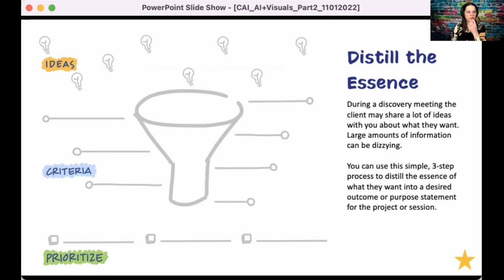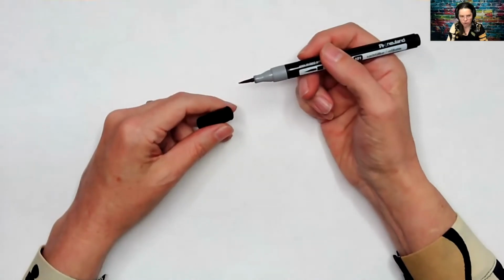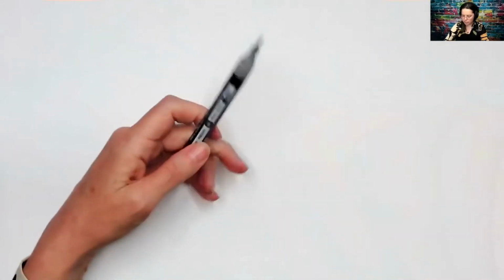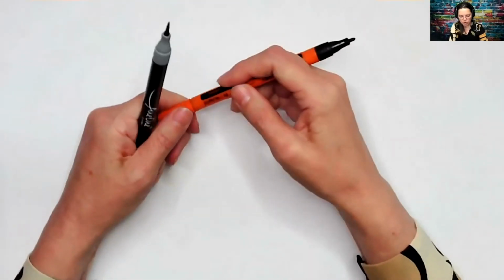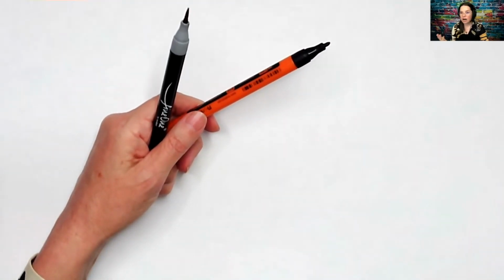But then when it comes to distilling the essence, this can look a lot of different ways, and it doesn't have to look exactly like this. So again, grab your paper and a pencil or anything to write with. And let's go ahead and draw along. So I'm going to draw using a gray marker just to start, but I'm also going to have a black marker to be the words that I write